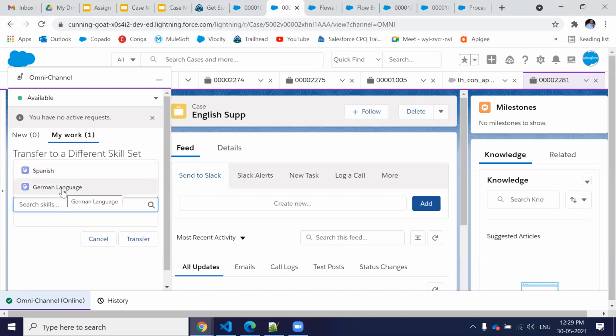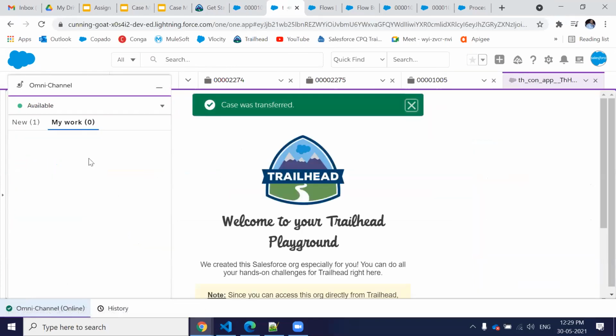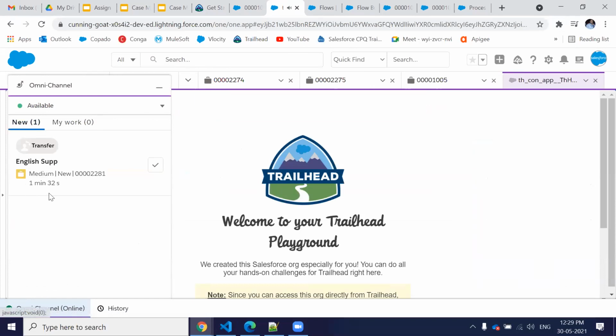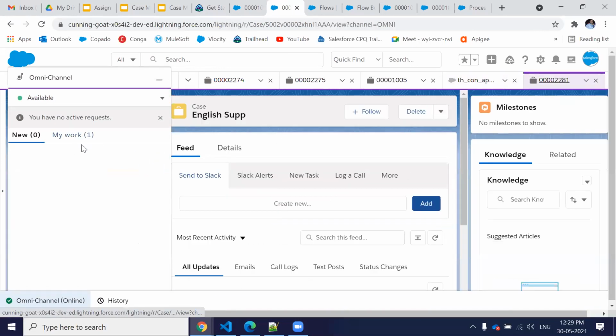I have a German language skill also, so I can directly transfer this case to the German language support. That case is transferred, and because I have German too, it is automatically routed to me again. So I'm accepting this. I have both skills added to me, that's why it's routed to me again.